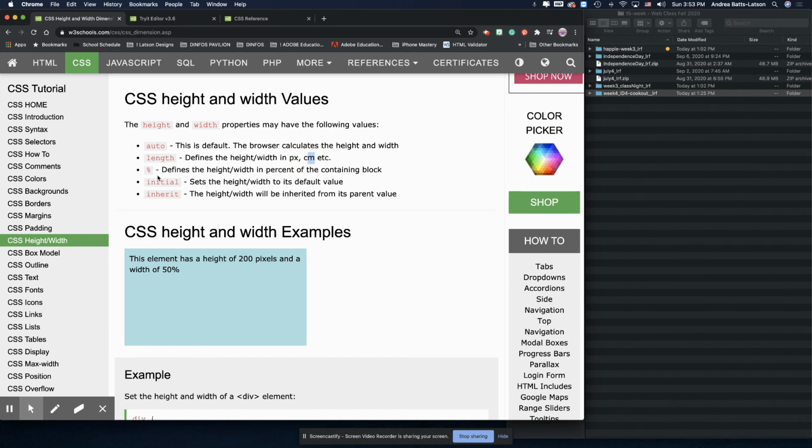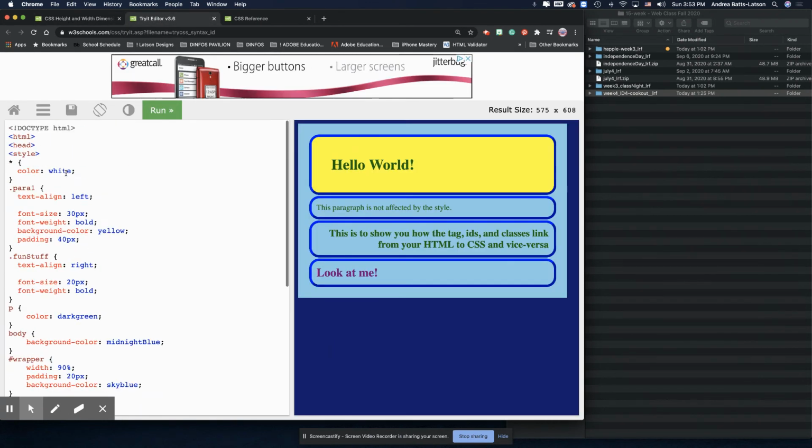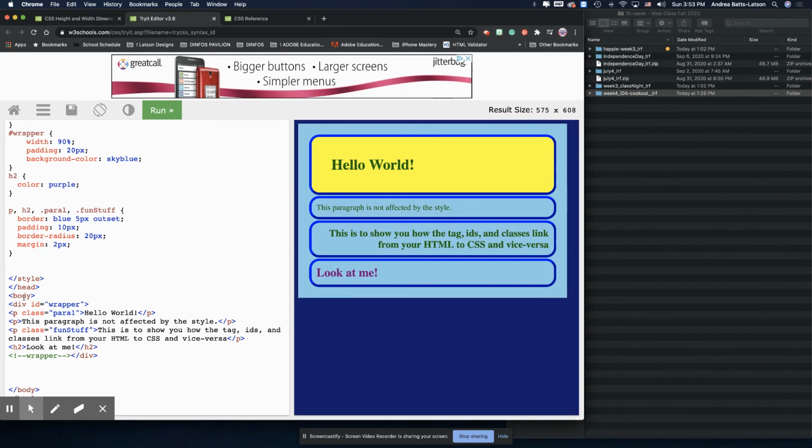So you can read pretty much almost any measurement. And then percentages define the width, and then initial is the default value. Inherit, which means it inherits from the parent. So when we talk about HTML and we go over here, if we look at our HTML itself,